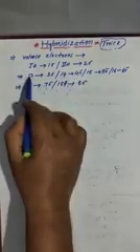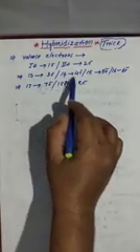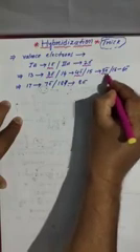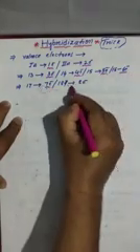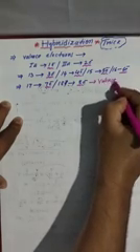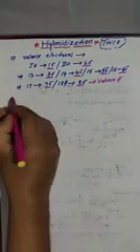So the first group has 1 electron, second group 2 electrons, 3A group 3, 4A group 4, 5A group 5, 6A group 6, 7A group 7, 8A group 8 electrons. If you remember this, that is enough. These are the valence electrons: 1, 2, 3, 4, 5, 6, 7, 8. So if you know this, hybridization is very easy.